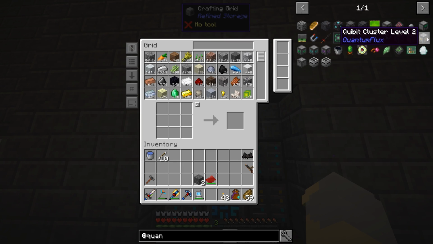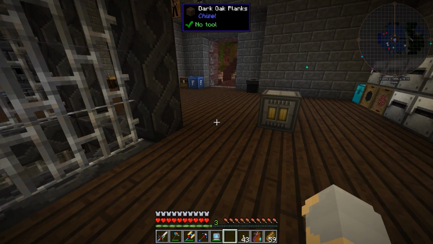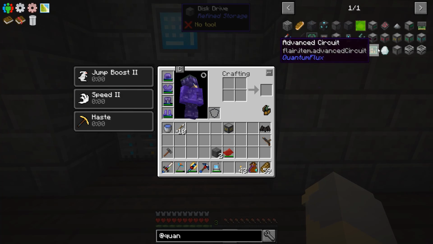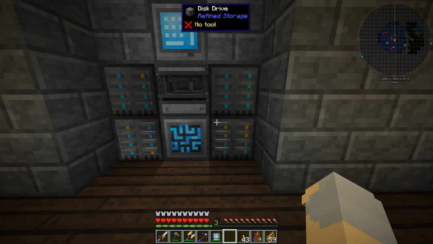previous version. So if this one's 2.5 million, that means that this one is 5 times that, and the level 3 is 5 times that, the level 4 is 5 times that, and the level 5 is 5 times that. So this thing can hold a massive amount of RF, and that is basically what we're going for. So let me get one of these level 5 Quibbit clusters all crafted up, and then I'll come back to